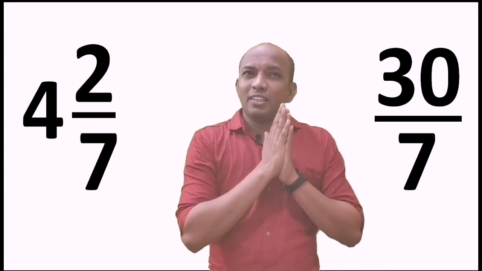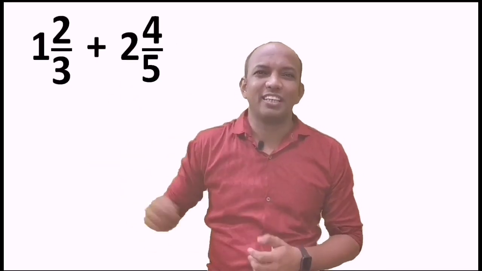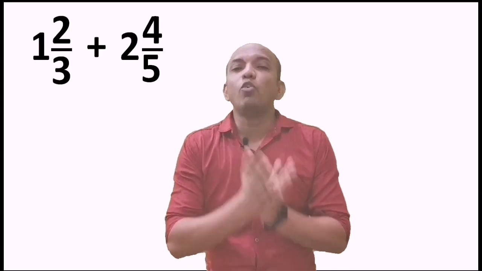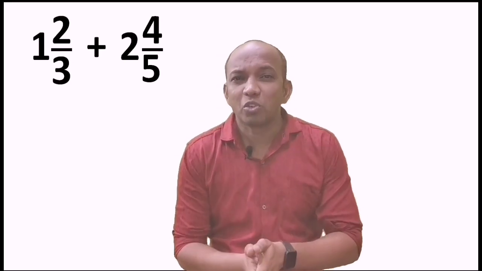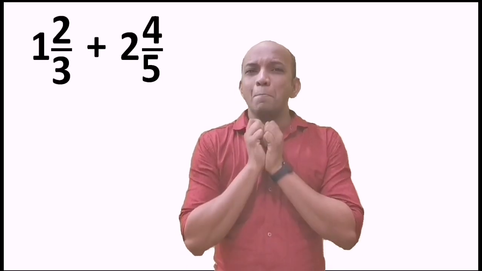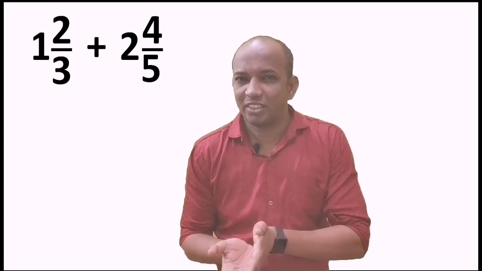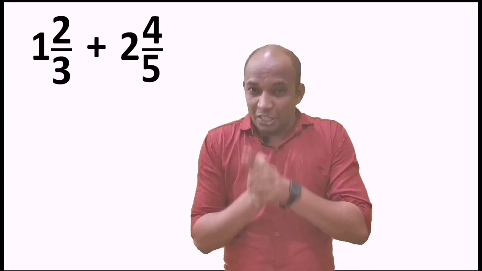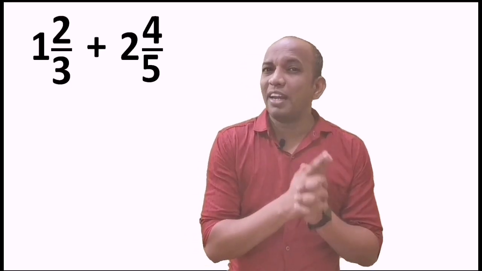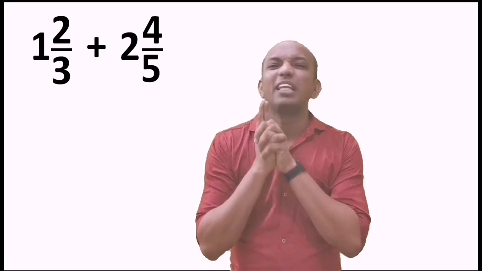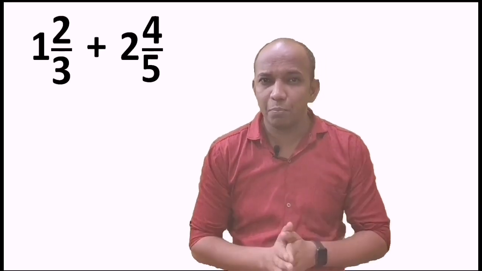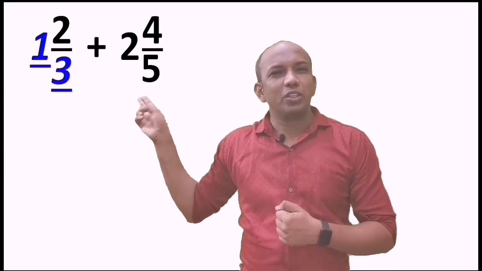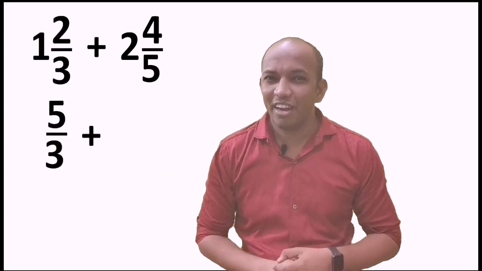And now let's begin with the sums in which these mixed fractions are given for addition or subtraction. So presently over here the sum of addition is on the screen. Now the question is 1 and 2 upon 3 plus 2 and 4 upon 5. Now very first objective is what? We have to convert that mixed fraction into improper fraction. Isn't it right? Yes. Now what to do? We will be multiplying denominator with the complete number and then add the number in the numerator. Technique is simple. So here we go. Very first 3 into 1 and then we will add 2. That gives me the answer 5 upon 3, right?